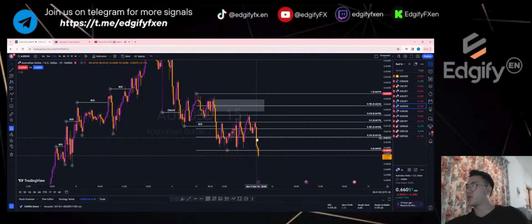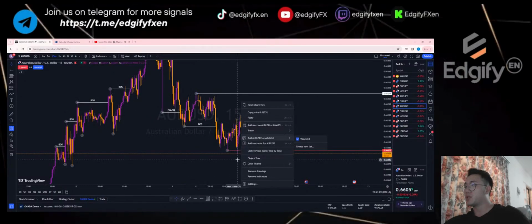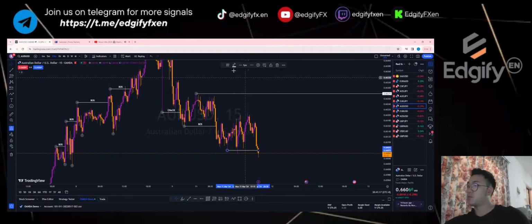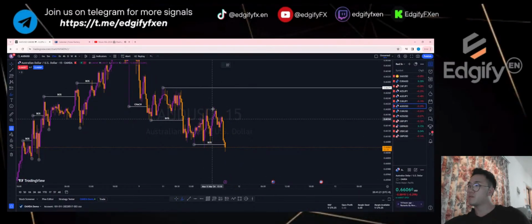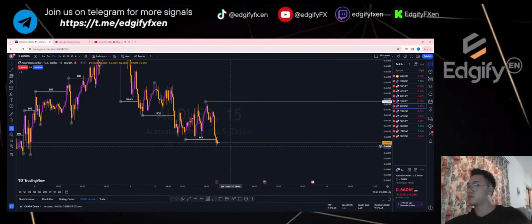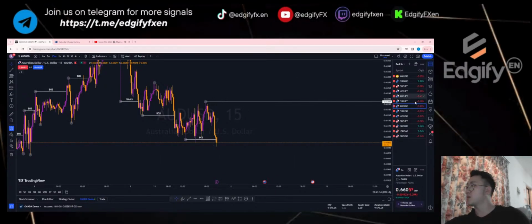I'll be looking probably that this is a break here. I'm seeing that this could be a possible break. Just let me mark this out. Something like this I'll be seeing. We'll come back to this to see if this is really going to break in about 3.5 more minutes.